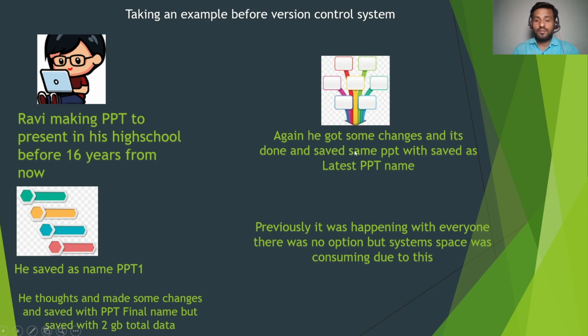So consider here on the latest ppt slide here, he might have used 2 MB of extra data, right? This 2 MB plus this one is 2.1, it means 2.1 GB of data is saved in ppt final, and the first ppt1 here is 2 GB. It means automatically it is consuming the space of the system, right? So it is this 2 GB, 2 GB, 2 GB, it may be more than 6 GB consumed from the system, right? So it was happening, and one day it will come like this,